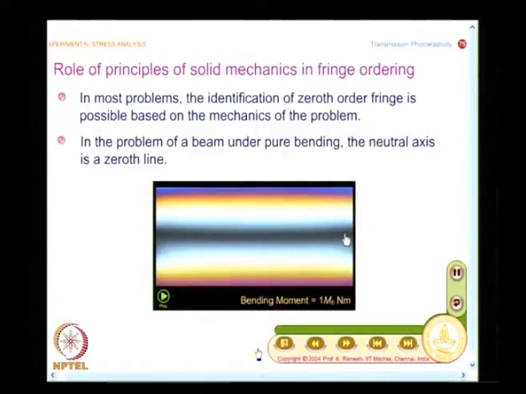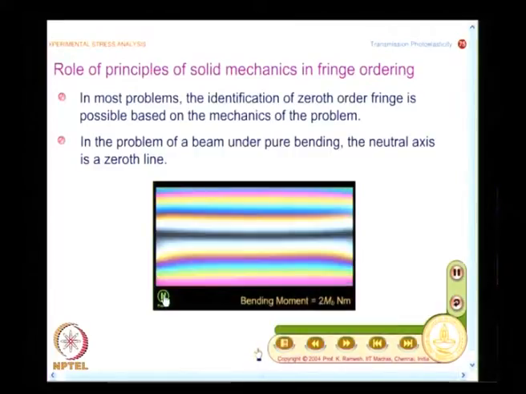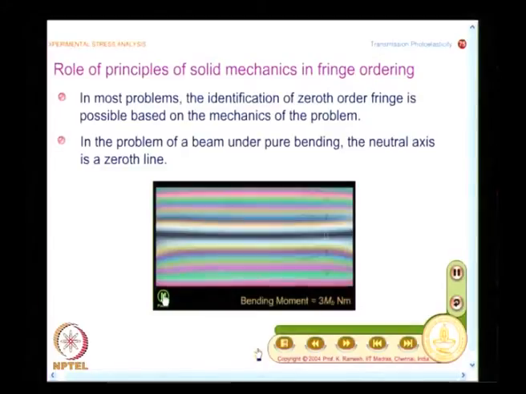While we looked at beam under bending, we never bothered to look at how, as the load is increased, this remains stationary. Now, you have seen this amply clear for the case of a ring under diametral compression. Now, I increase the load, the density increases in this zone, whereas fringe order 1 has moved, fringe order 2 has appeared, but fringe order 0 does not move. This is a very important observation.